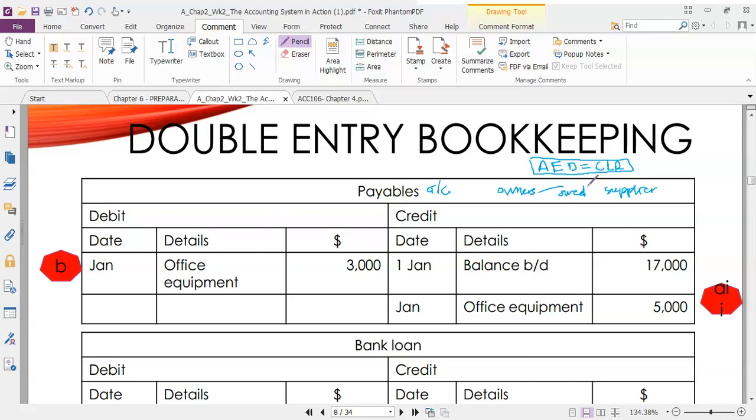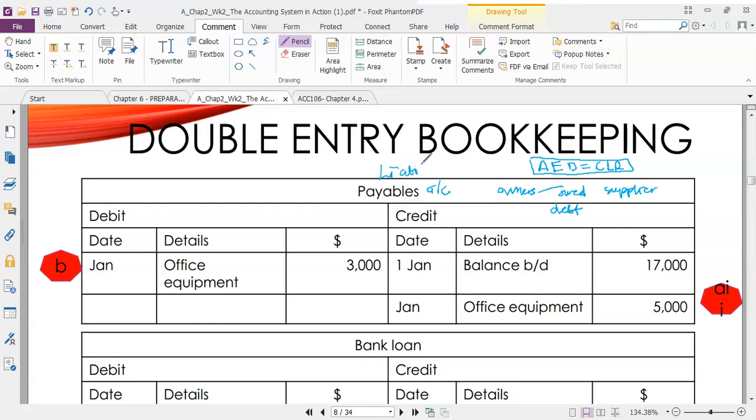Owed to the supplier lah. So owners yang berhutang ataupun debt, have debt to the supplier. So that is called payables account. Payables account is under